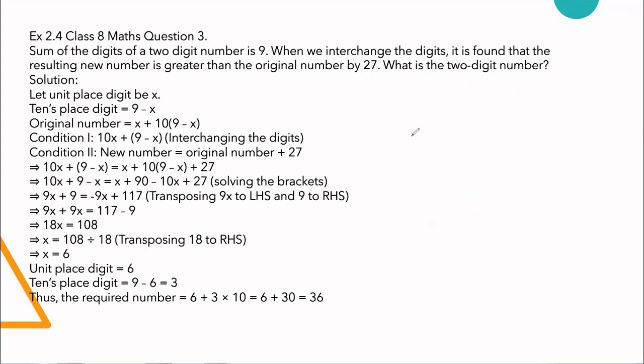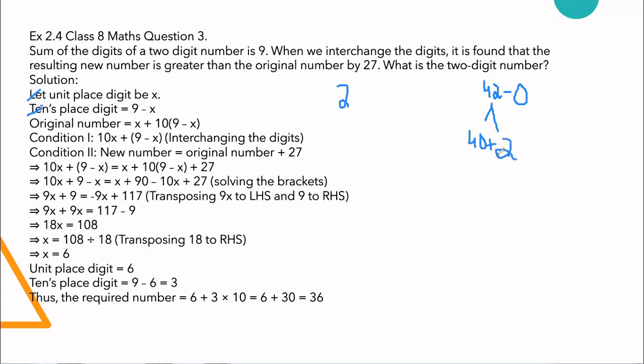Now, as I told, we have two kinds of numbers. What are they? Original number and new number. The original number is when we do not interchange the digits, like 42. This is my original number. So how do we find the original number for these two digits? First, let us understand this example. When I break it down, how can I do that? It's quite simple: 40 plus 2, right?